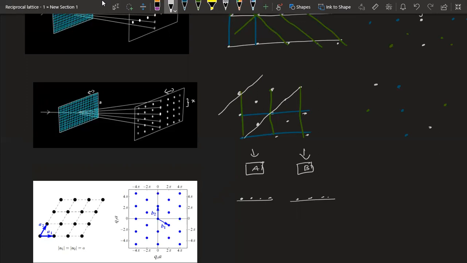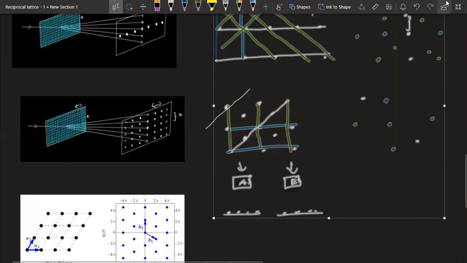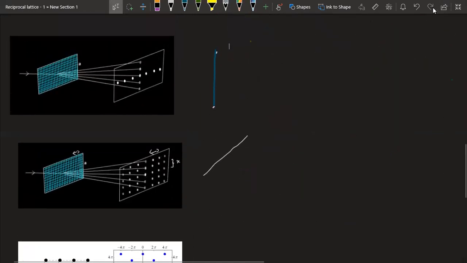So that's why we use diffraction. From the distance between these poles, we can say what the distance between these atoms is, and we can say whether it is a simple cubic, or in the case of 3D crystals, whether it is monoclinic. This diffraction actually tells us what Bravais lattice it is. Okay. So I hope you got some idea. I'll tell you why the other portion is called what it is.